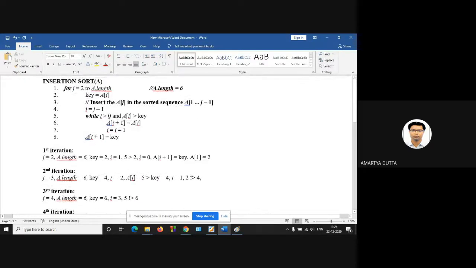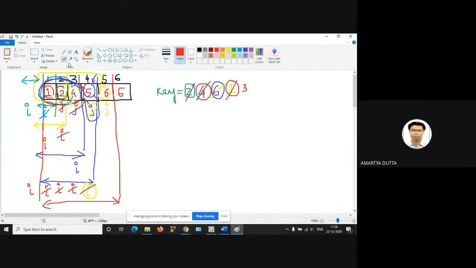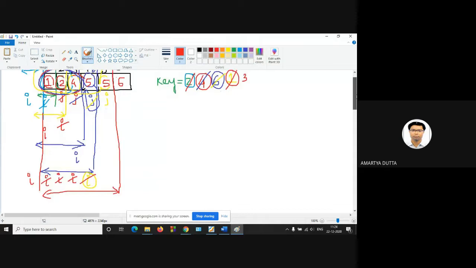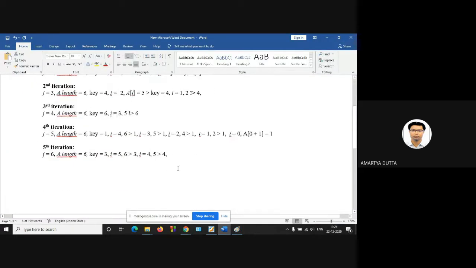So enter inside the while loop. A of I is copied into a of I plus 1, so omit this one and put 5 here. Then decrement I by 1, so I is now 3.